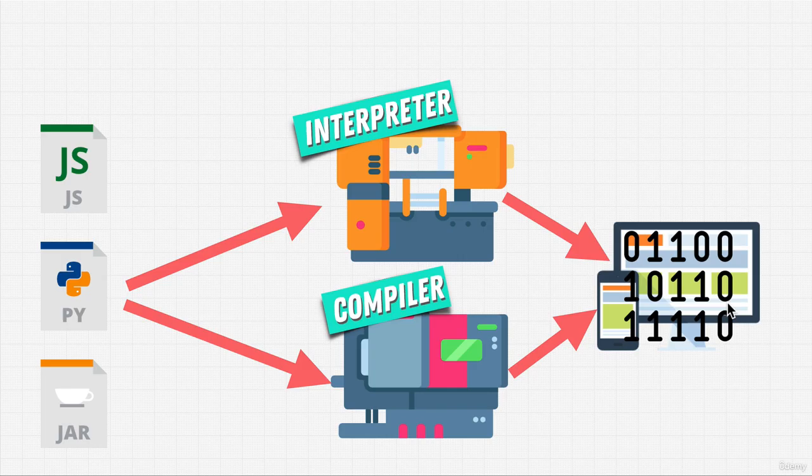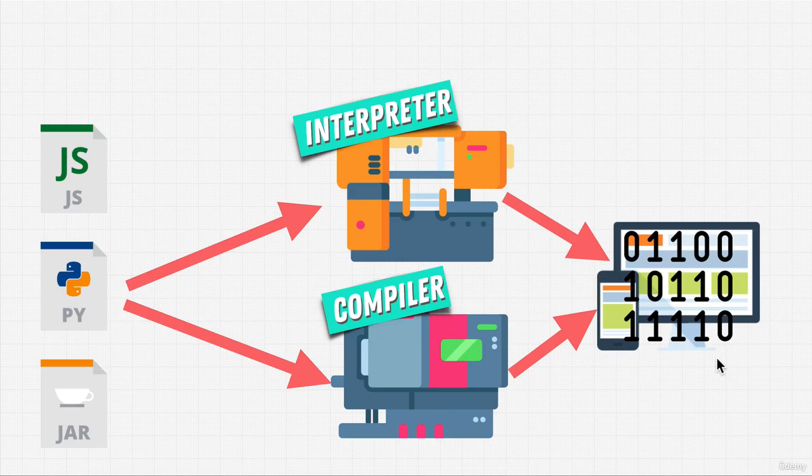Now, the differences between these two are a little complicated and beyond the scope of the course. And don't worry, we're going to come back to this topic. But I want you to just have this general picture that when we write code, whether it's Python, JavaScript, Java, C or C++, what we're doing is typing it in a language that is human readable. We're giving it to one of these translators, like an interpreter or a compiler, and these spit out code that is able to run on our machines.